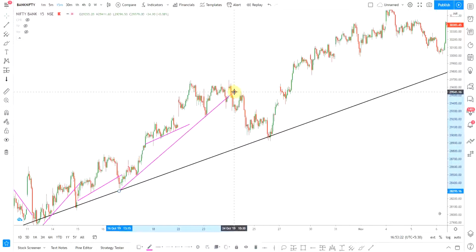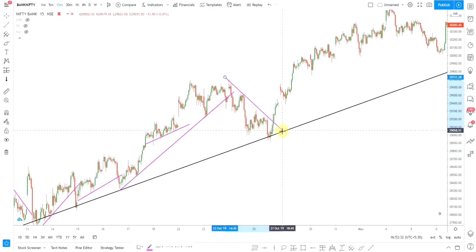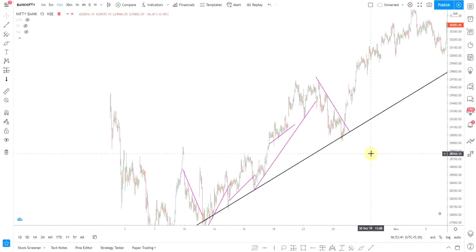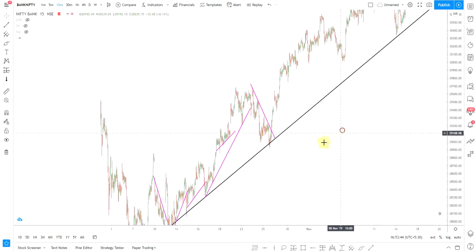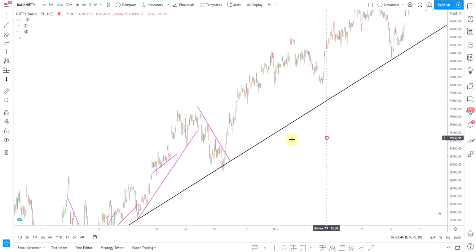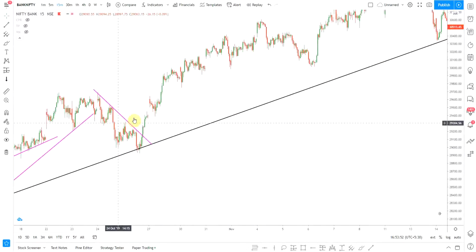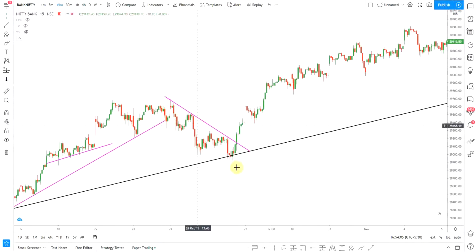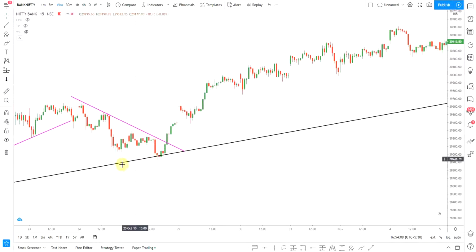And as you can see here, even though it was in an uptrend, it gave a breakout and started a small tiny downtrend, or you can just say a small pullback. So you can even draw a trend line there. Even though the general trend over here is an uptrend, you can still have small pullbacks, small downtrends that you can trade on. If you're an intraday trader or a scalper, you can actually use these small pullbacks. And as you zoom in even further, you'll find even smaller trend lines.